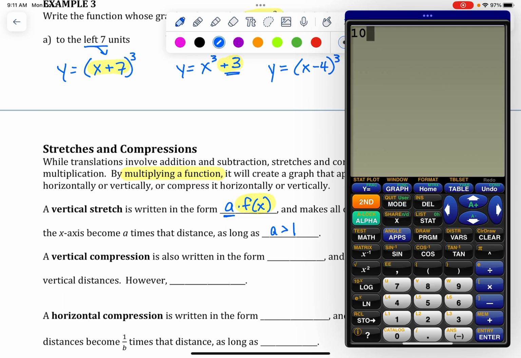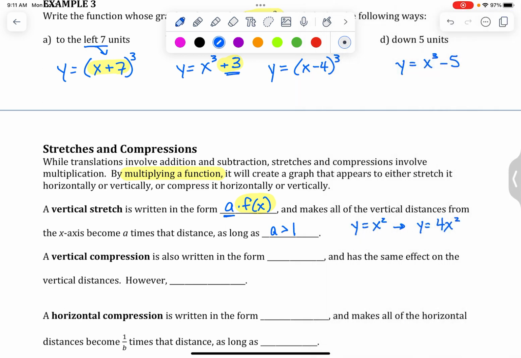Okay, so that's the idea visually of what's going on. A vertical compression is written in the same way. It's still written as a number outside, times a function. It has the same effect. The problem is with a compression, now your values are going to be between 0 and 1. So think of that same parabola. Instead of being x squared, now we're going to write it as